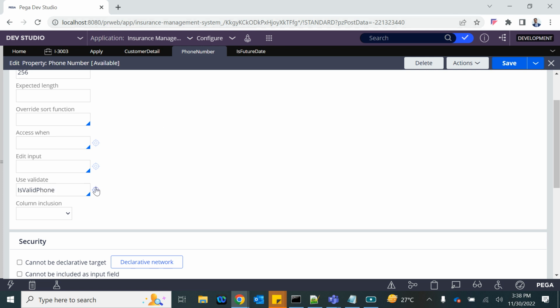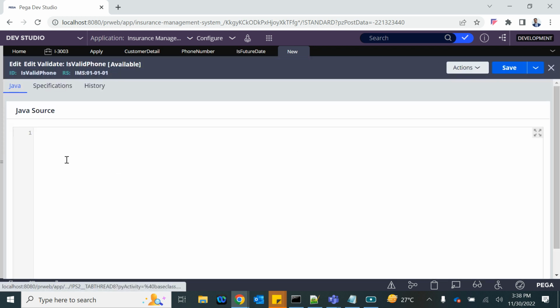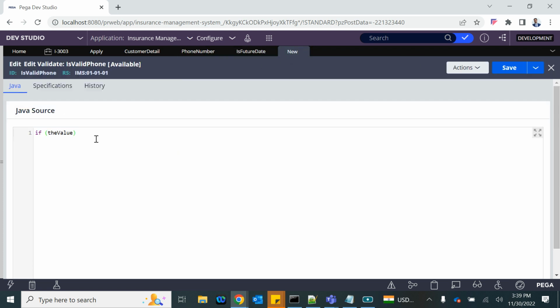I'm going to create a new validate rule. Create and open. So the value is whatever value you will insert in this property at runtime. If the value dot is a Java code, so you should know the Java basically for this much. If the value dot length, the length of the value, is less than 10,